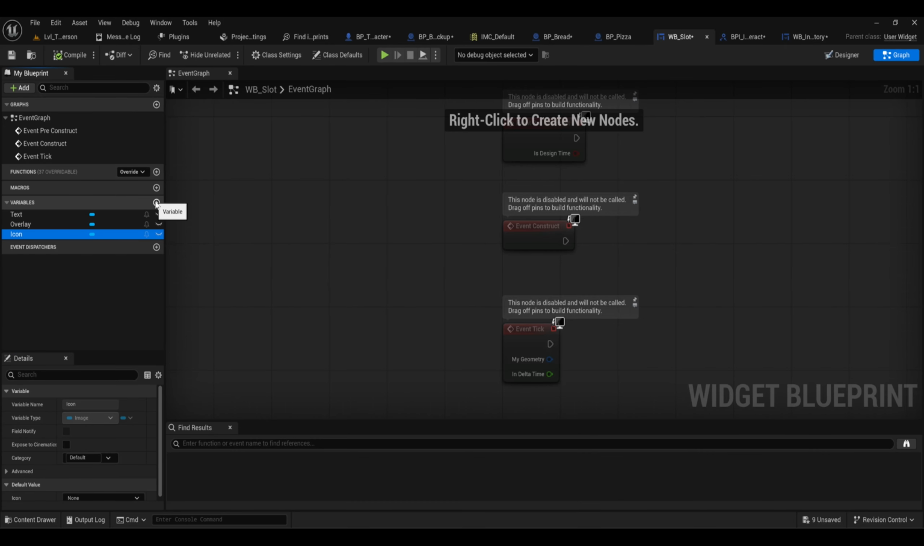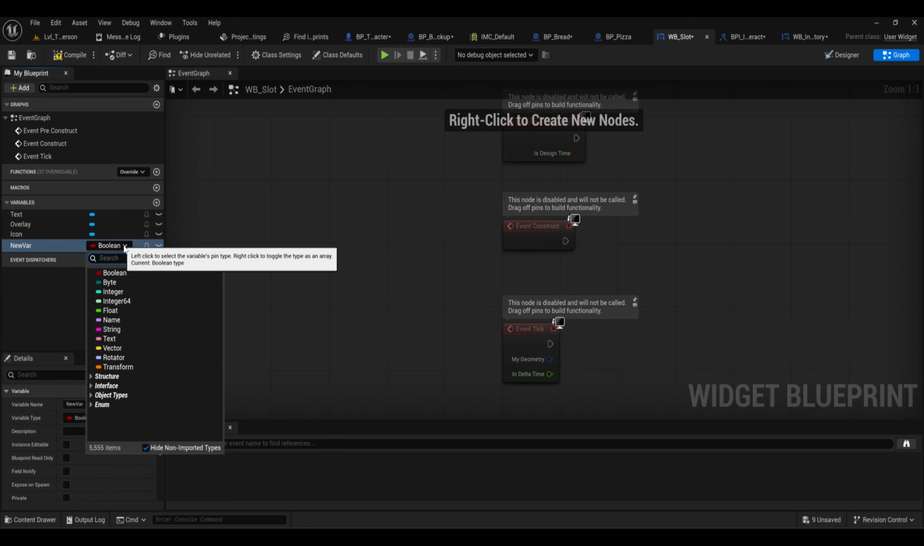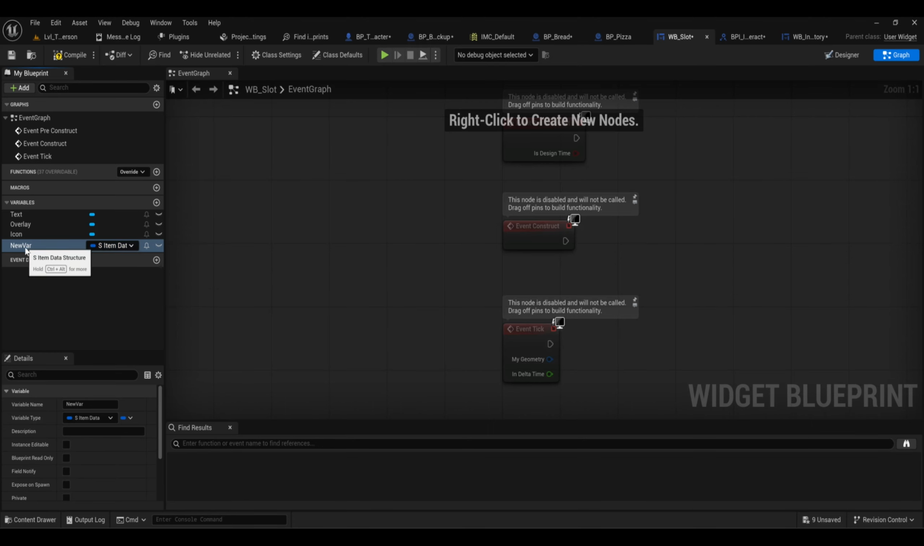And I'm going to make a new one. And this is going to be, again, our S underscore item data. And just rename that item data. And also, we'll make another one and we'll make that a bool and we'll call that something like active. I just want to rename it active. And we'll come back to that in a minute, but we're just going to go back to our inventory